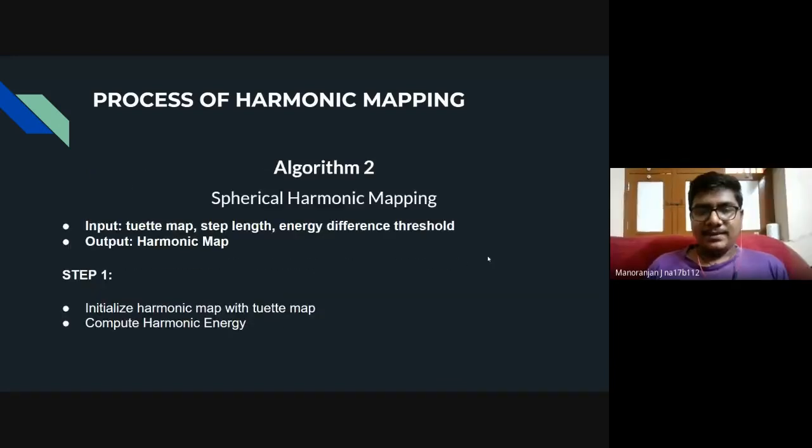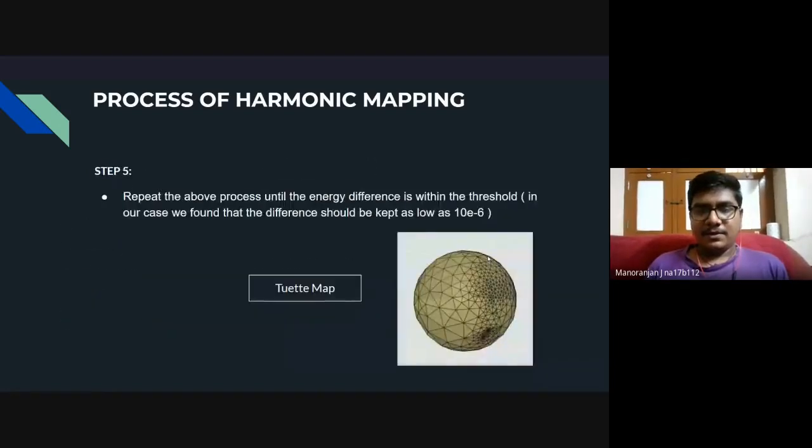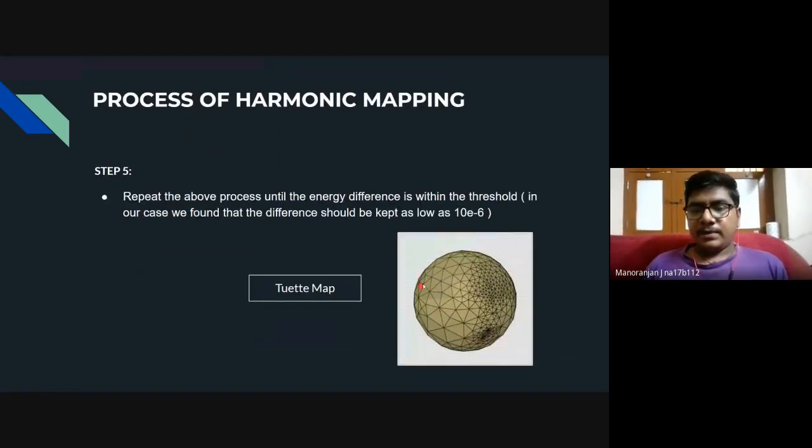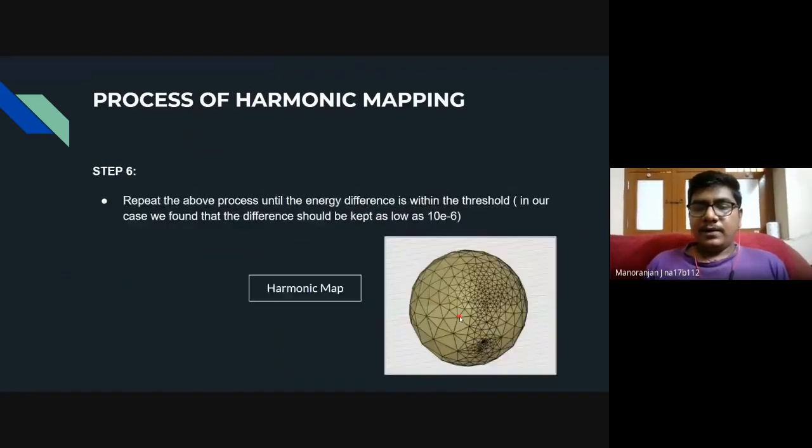It's a bit difficult to get an overall idea, but maybe see the panels here. You can see how they are when we are starting with the algorithm. They are intersecting. Even though they lie on the circle, it's not proper. But at the toroidal map, you can see how they are organized well. And this harmonic map will try to modify the toroidal map such that we'll be conserving the angles as well.